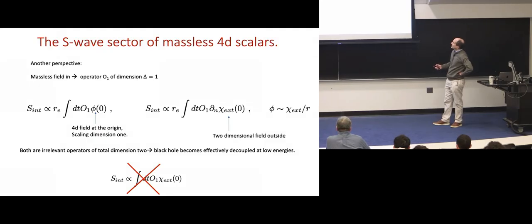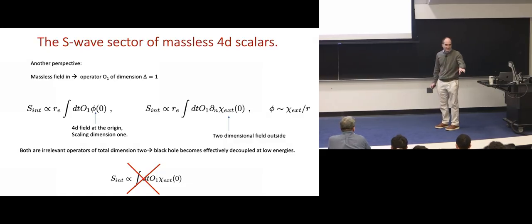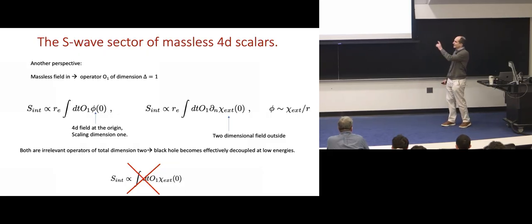Now, there is another perspective for how to understand this. So we can think of the interaction with the massless field in terms of a scalar field at the origin interacting with the dimension 1 operator that's related to the massless field in the near horizon region. So in AdS2, you all know that a massless field is related to a dimension 1 operator. So we have a coupling of this form. This has dimension 1 in 4D, so there should be a factor of length, and it's the size of the